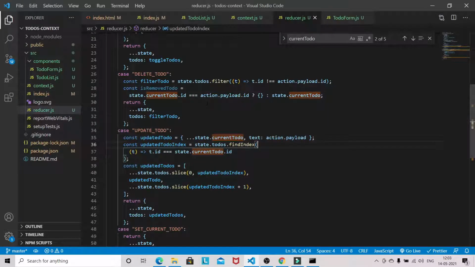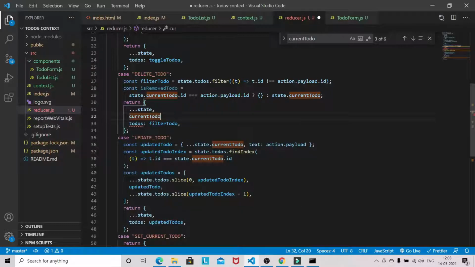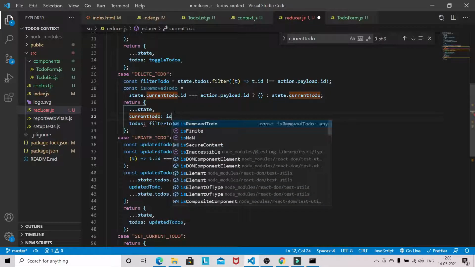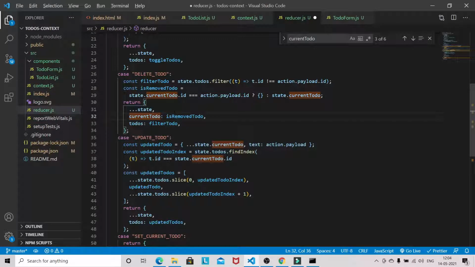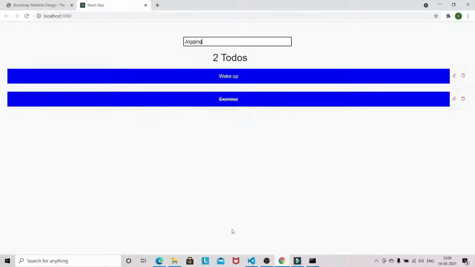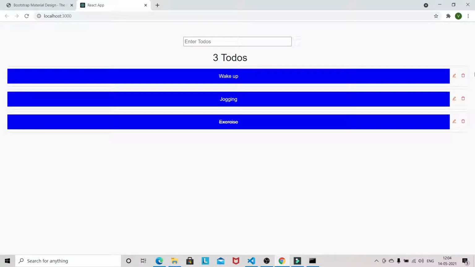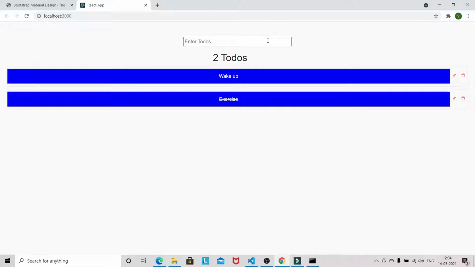Now the currentTodo will be isRemoveTodo. Now let's see, jogging is there, but if you delete, then you can see we are able to clear the input field if the to-do item got deleted without updating.